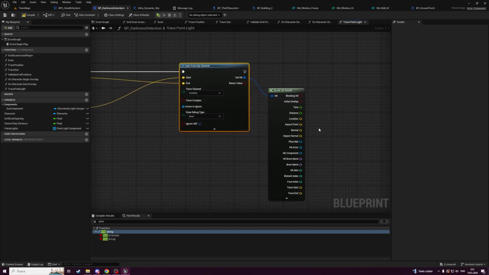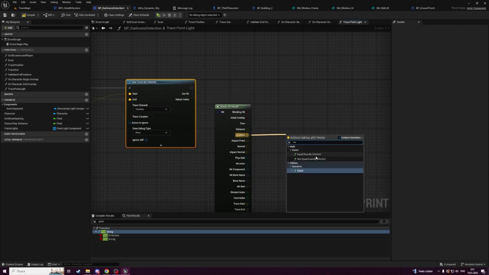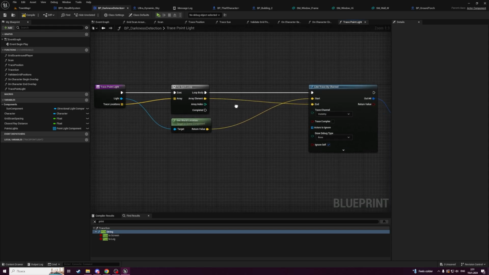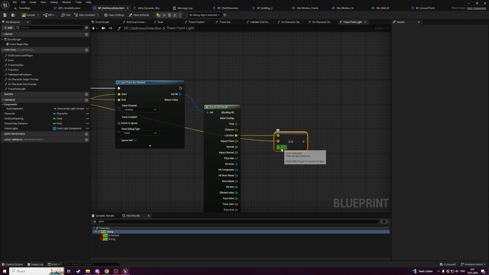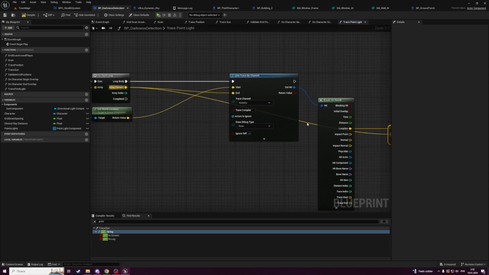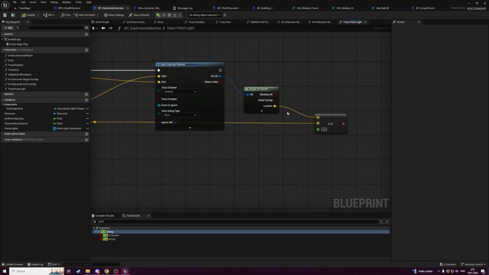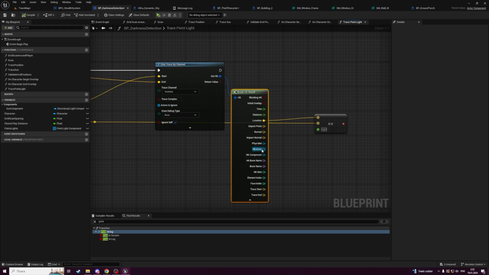We have to check whether a location is equal to a trace location. And tolerance will stay 0. So if our trace has reached its destination of a point that we have provided to it, or hit actor was equal to our character,